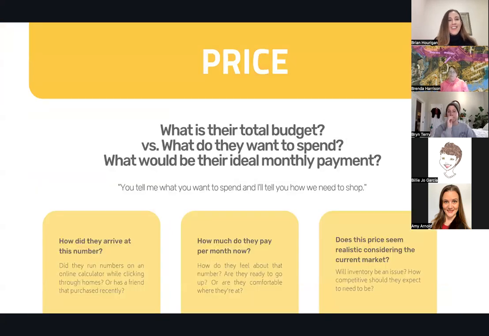Price. I think bringing solutions to, like you said, asking, would you be open to this? But also, if you're like, gosh, I know we're not going to find anything in their price point in this area, then bringing a solution. A lot of ways I word it is like, hey, humor me for a bit. Like, what about this? Or another one that I find works really well is if you are bringing something and you preface it with, I don't know if this is for you, but, and then give that to them,